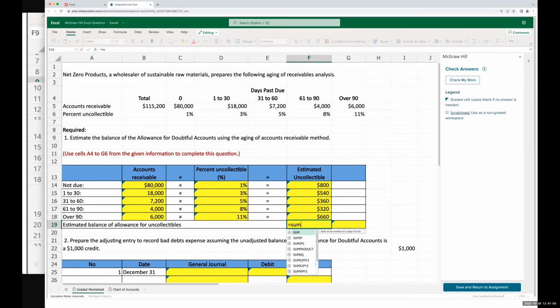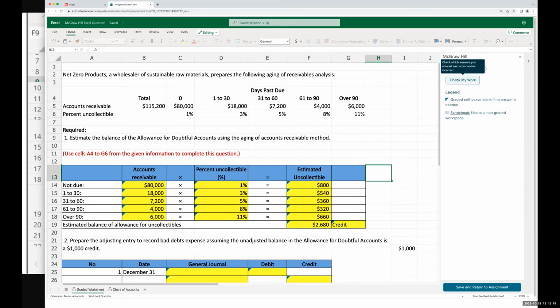Next, they would come down here, use a simple sum function. Again, there's no complex formulas or functions going on here. Now they have their estimated balance for the allowance for doubtful accounts, but they still have to know their accounting, right? They still have to know how to set up these equations, how to get their estimate. And of course, they still also have to know that this is computing a credit balance, not a debit balance. An allowance doesn't add to your accounts receivable net. It would subtract from it.